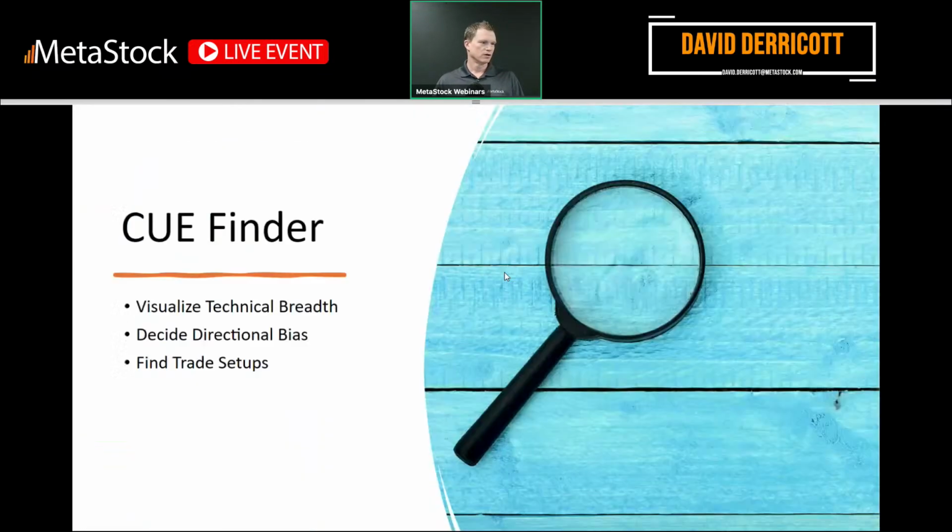Like I said, this is actually what he had sent me, because the Q Finder really does help you visualize the technical broad market, or market breadth, however you want to word it. It really helps you know the direction of the market, the directional basis, and finding your trade setups that way. The commentary window